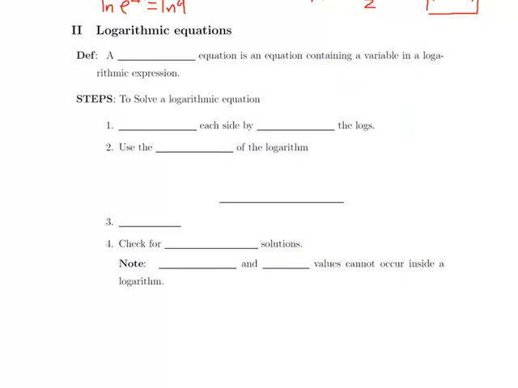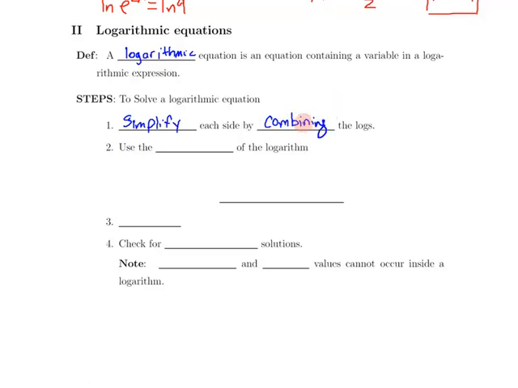Now that we can solve all of our exponential problems, let's talk about logarithmic equations. So again, the obvious starting place is to talk about what we mean when we say a logarithmic equation, which kind of has an obvious definition. A logarithmic equation is an equation containing a variable inside of a logarithmic expression. In order to solve a logarithmic equation, we begin by simplifying each side. And remember, with logarithms, that can mean two different things. It can mean expand the logarithms, but in this case, we're going to talk about combining